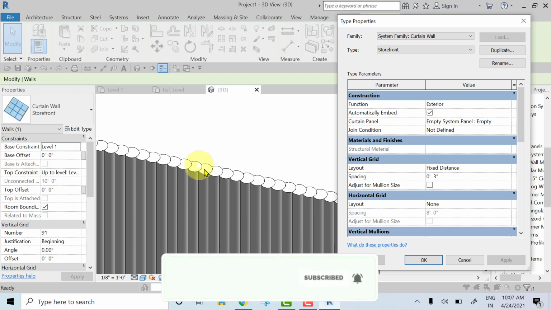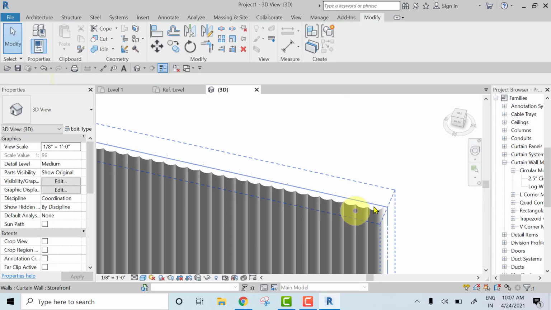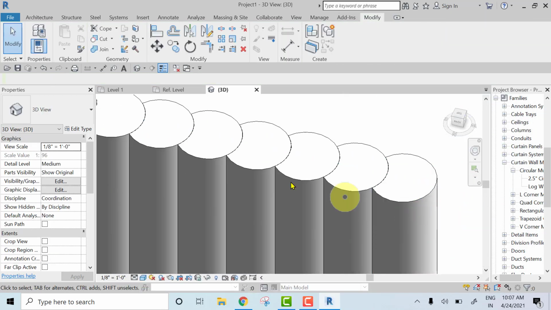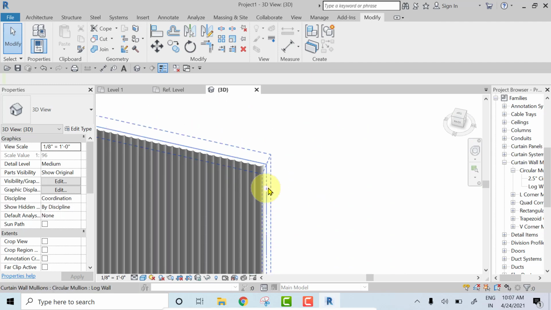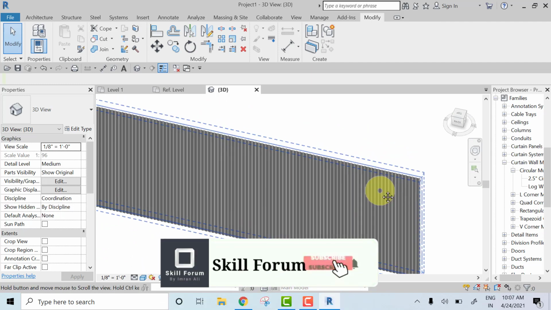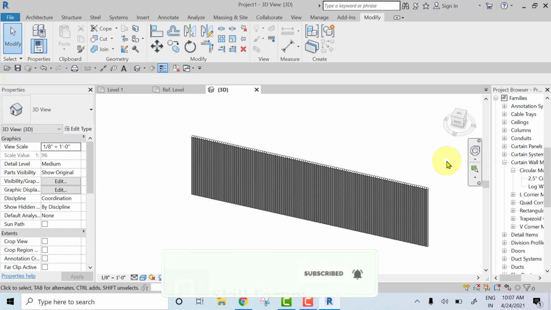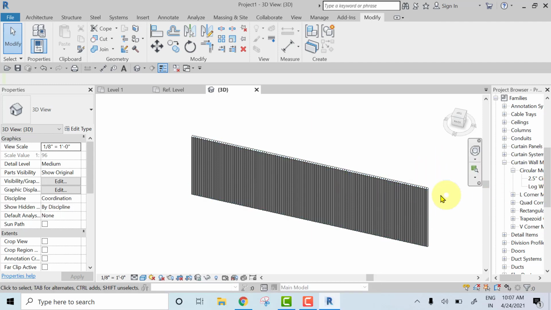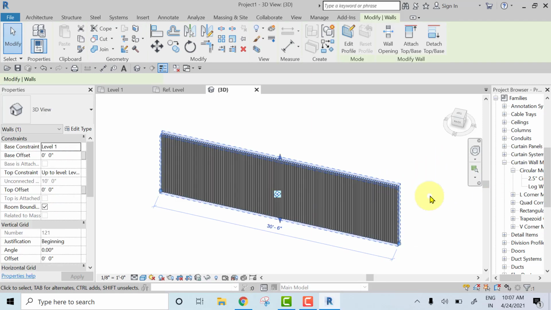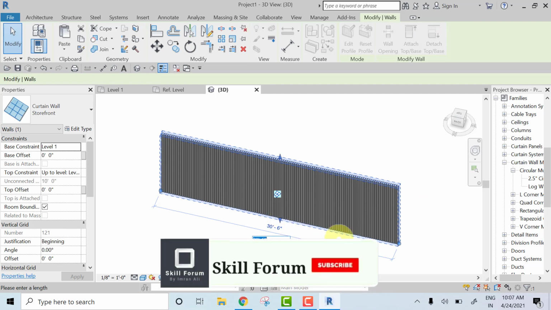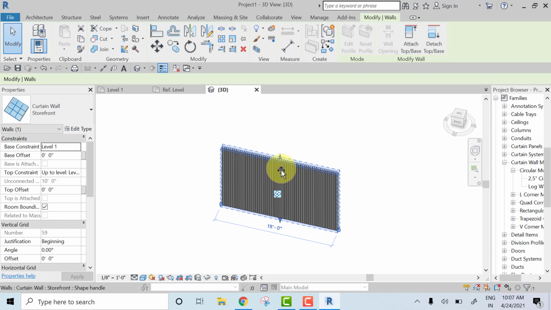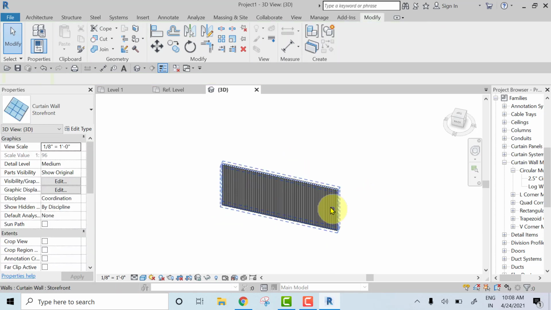Yeah, here we have created these logs, see, exactly it has been intersected. So now we need to change the material, right? That should be wooden material. To change the wooden material, I will just give the distance of this 15, and I will just reduce the height of this, okay, fine.